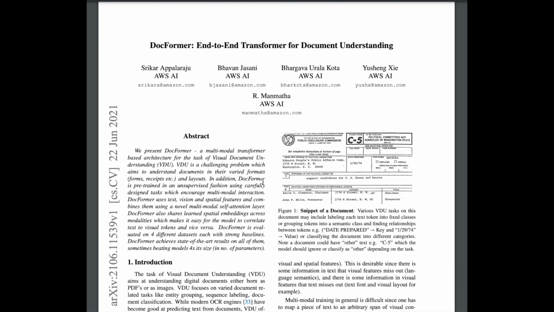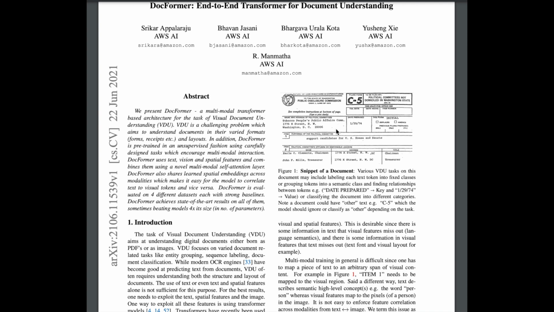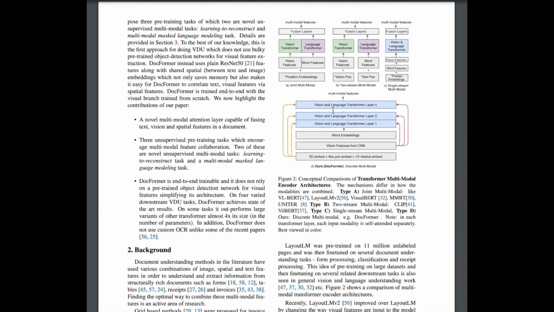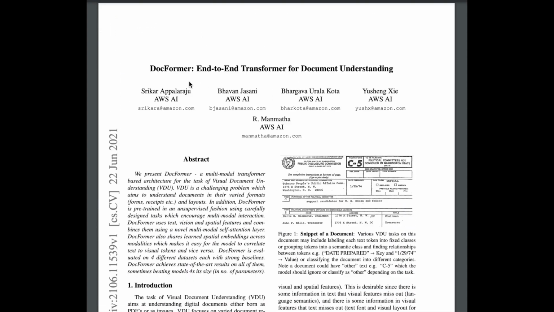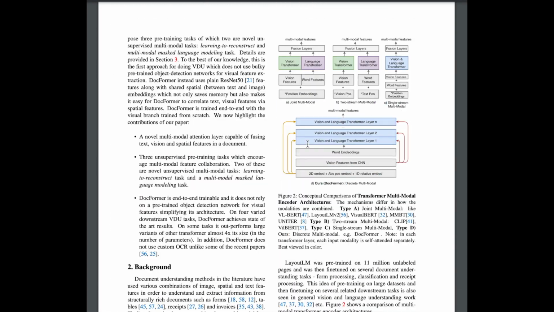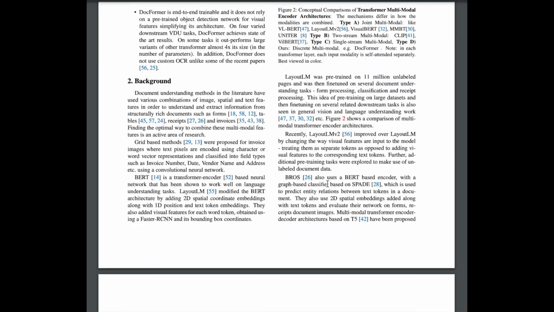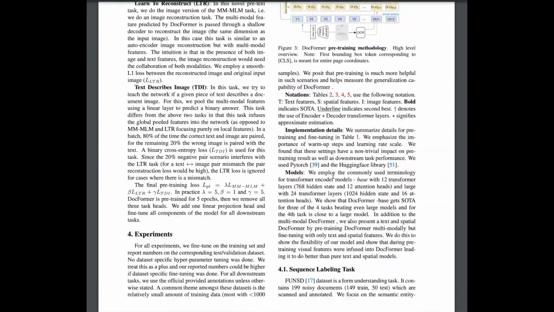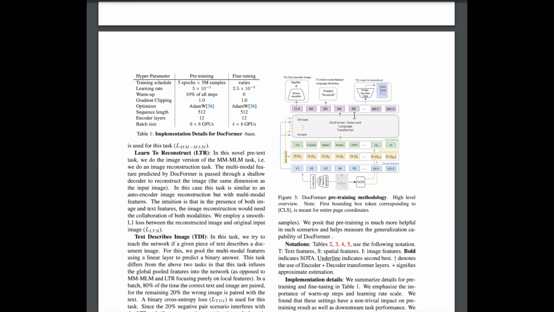With a similar namespace, we have DocFormer, end-to-end transformer for document understanding. So I don't know too much about this research, but just quickly, I think this is really interesting to try to have this paired text and visual information understanding for processing, say, documents. So let's say you were building some scientific paper mining system using these figures and this visual information of the architecture diagram, how they arrange, say, the data is presented, how they show their self-supervised learning tasks,